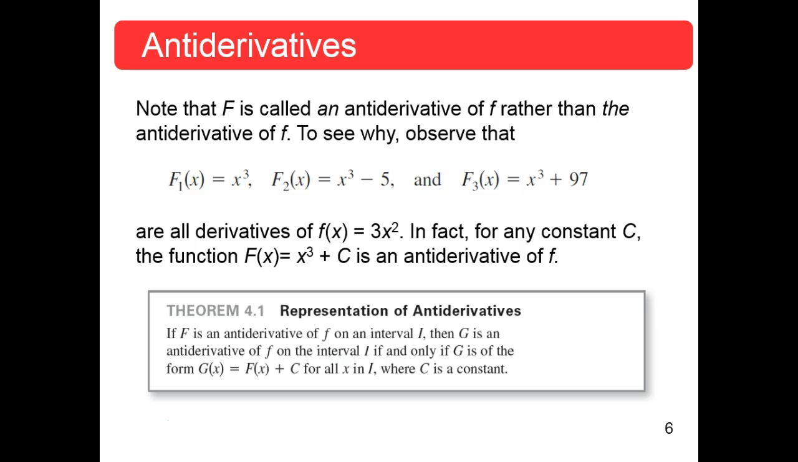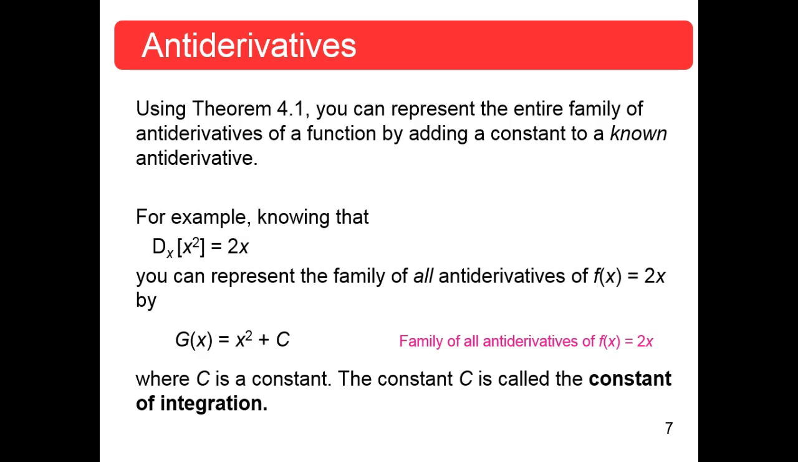A weird way of saying it, but absolutely true. Using that theorem, you can represent the entire family of antiderivatives of a function by adding a constant to a known antiderivative. That's what I was saying before. So going back to that d sub x notation, this means the derivative with respect to x of this thing is 2x, right? You can represent the family of all antiderivatives of 2x, f of x equal 2x, by